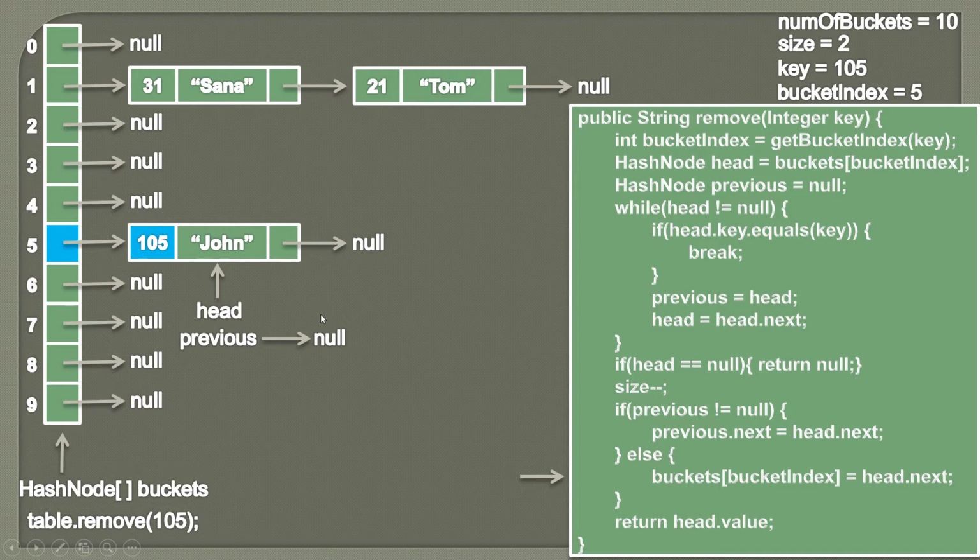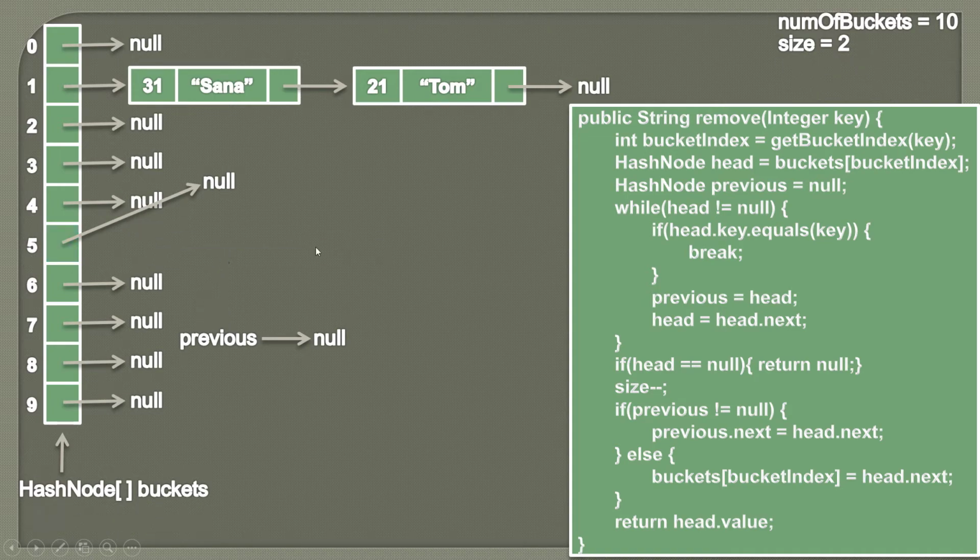So currently for this use case you can see head.next is pointing to null. So here we simply break this link and we assign head.next, which is null. So it will point to null. And here you can see after this method ends, first we return the value associated with it, which is John, and once this method ends, this node will be garbage collected. So it would look something like this.